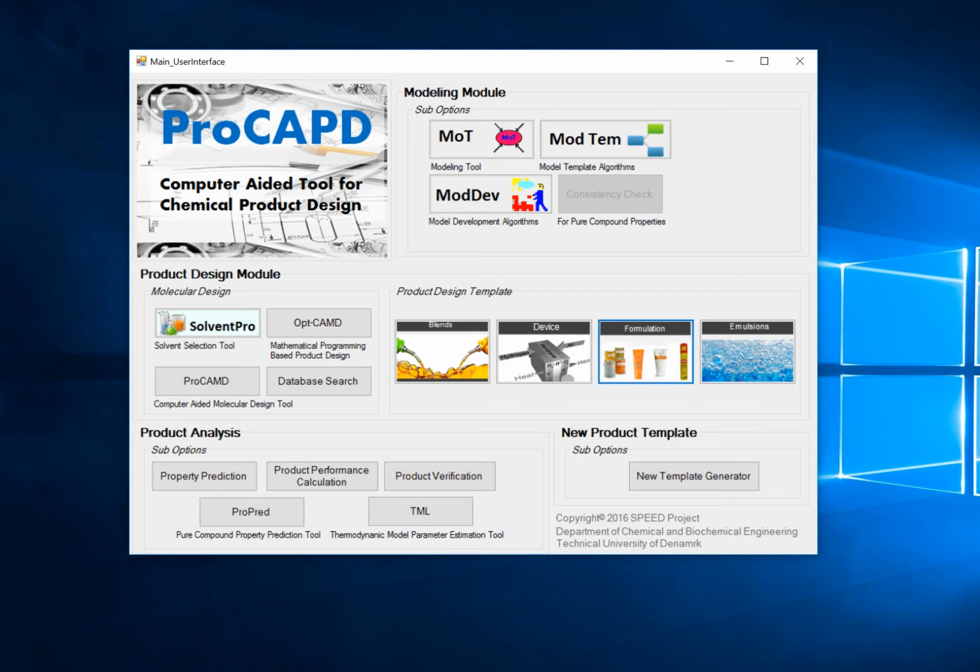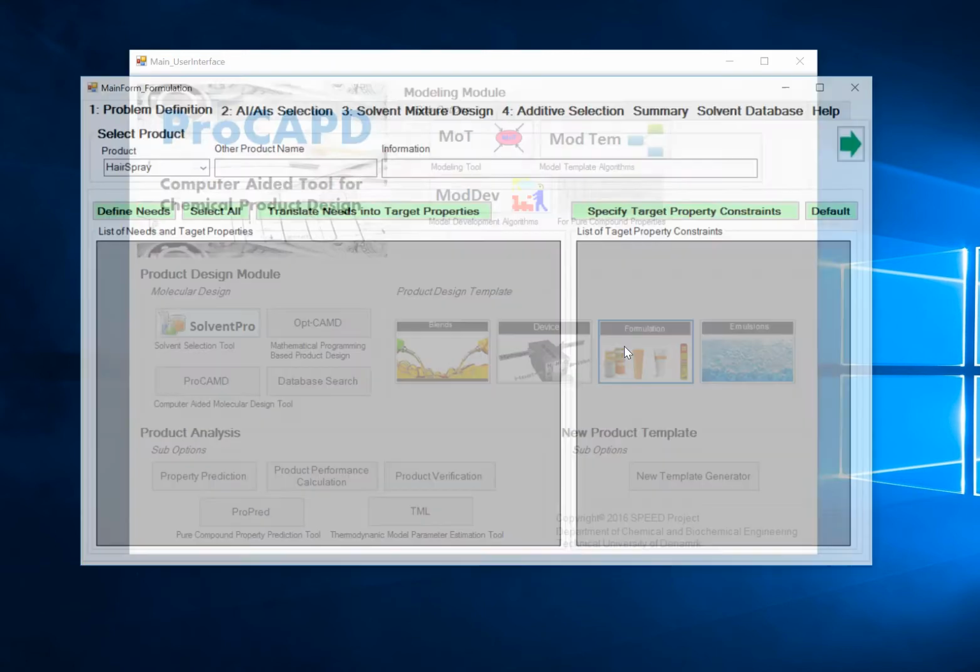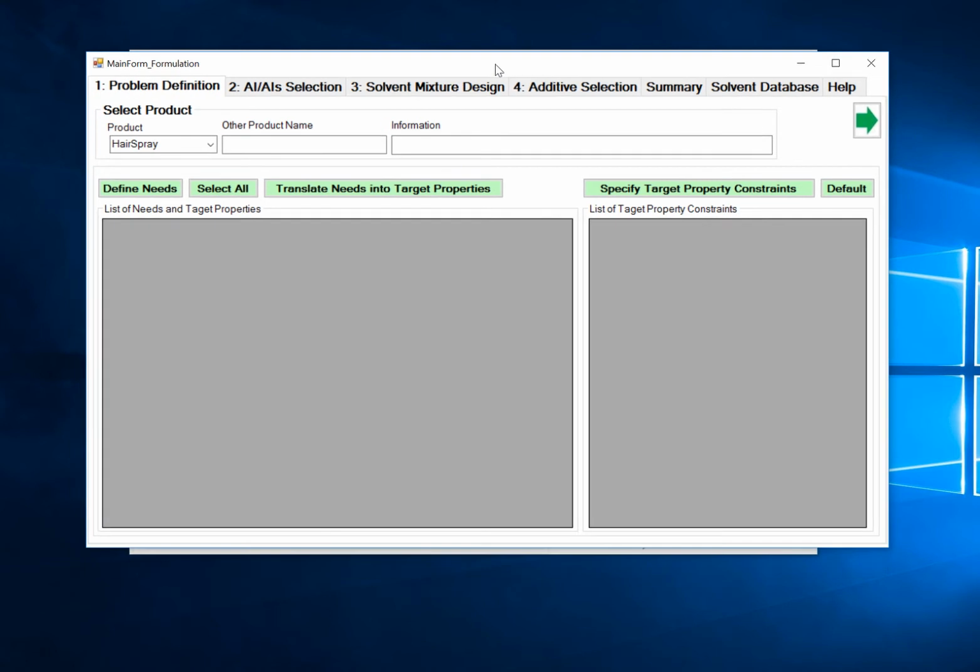Now let's open the ProCAPD software, and this is the main user interface. And we select formulation design template, which is here. As you can see, the main steps are divided into 5 pages. Page 1, problem definition, is the step where they identify specific product needs and translate them into target physical and chemical properties. The insect repellent lotion includes first active ingredients, or AI, that contribute the function of repelling mosquito,